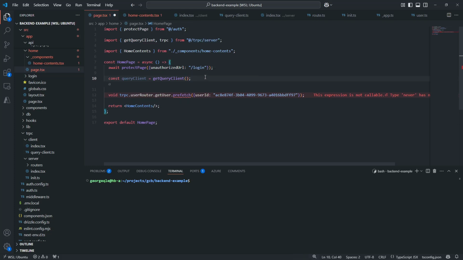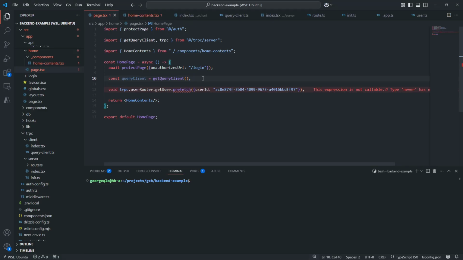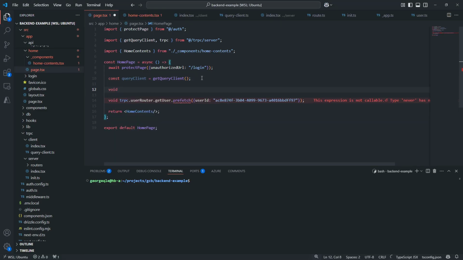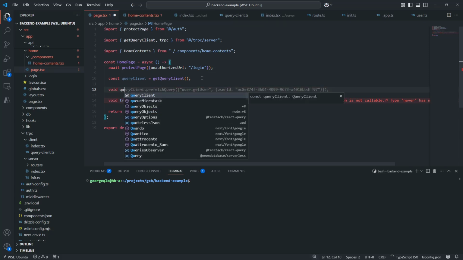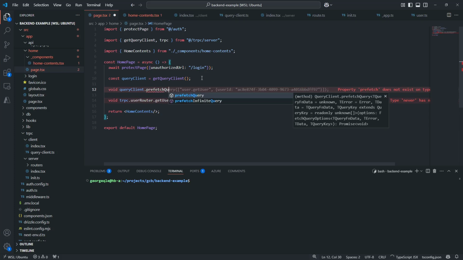So that's just a function call there, and then we're going to call the prefetch query function here. So void query client dot prefetch query, and